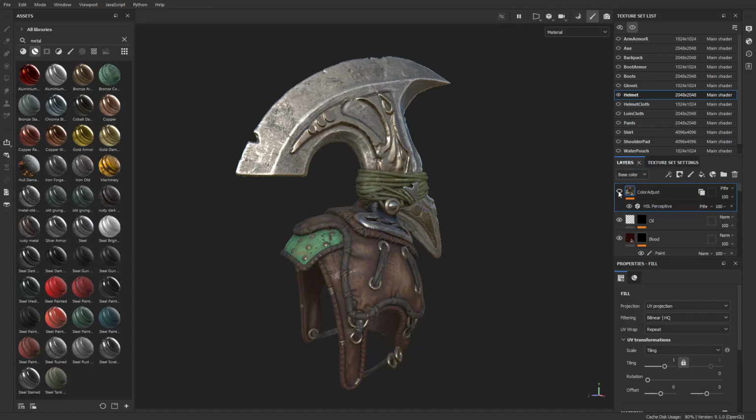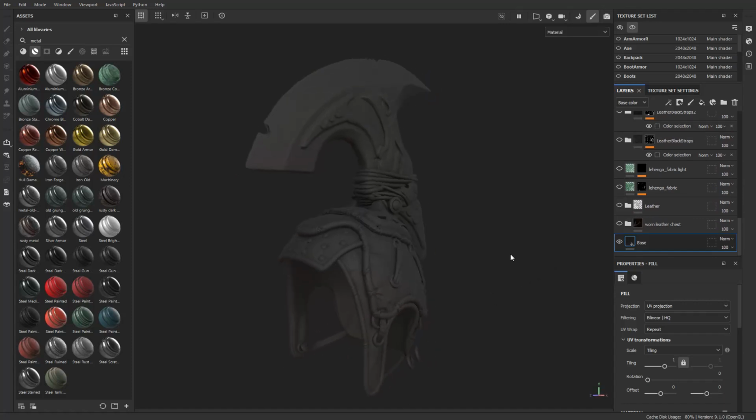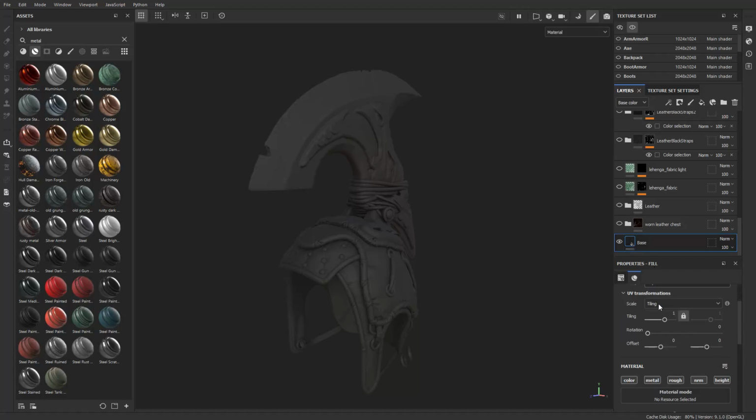I'm going to turn everything off. So I'll usually start with a base material that's just dark and rough, and it's kind of a catch-all. So if I don't texture something, at least it has a foundation of something that's not going to be particularly noticeable. If you want to do the opposite though, I can go through here,